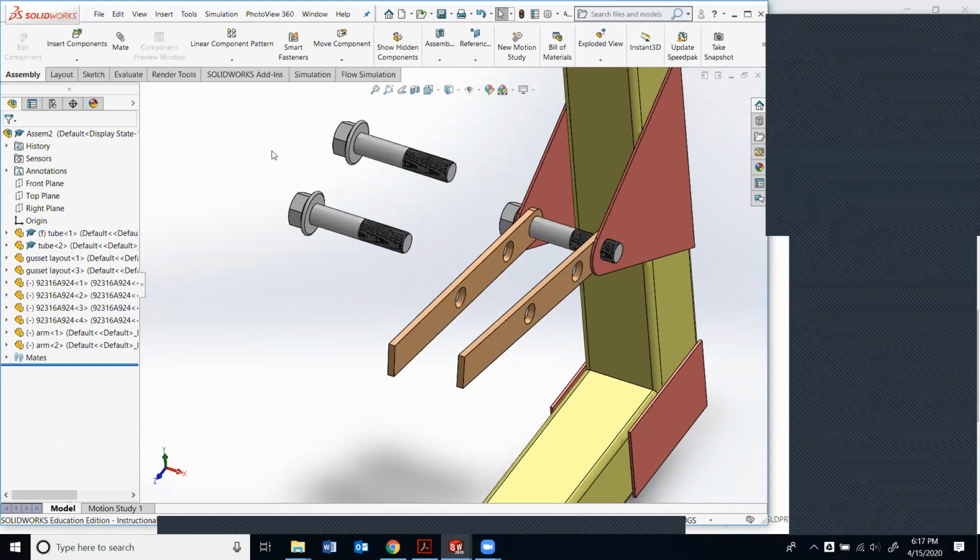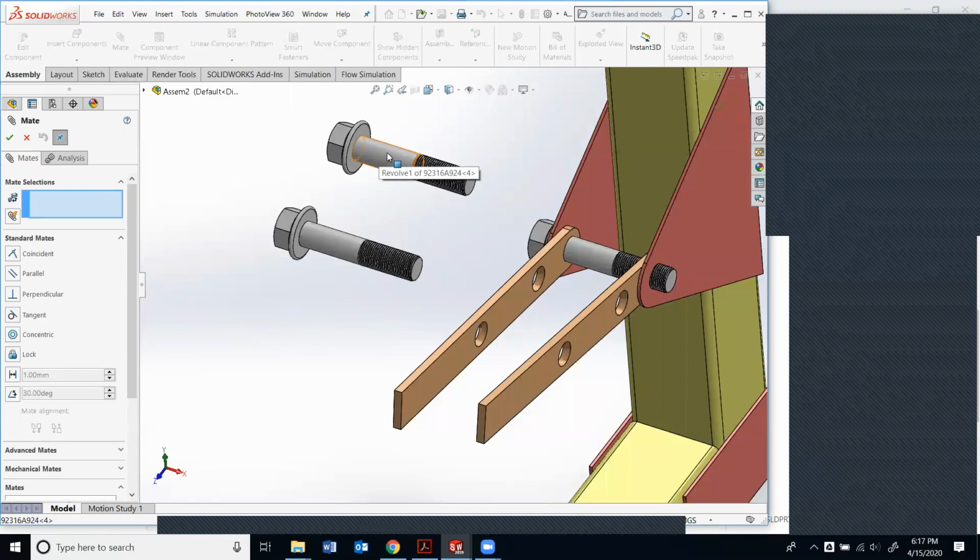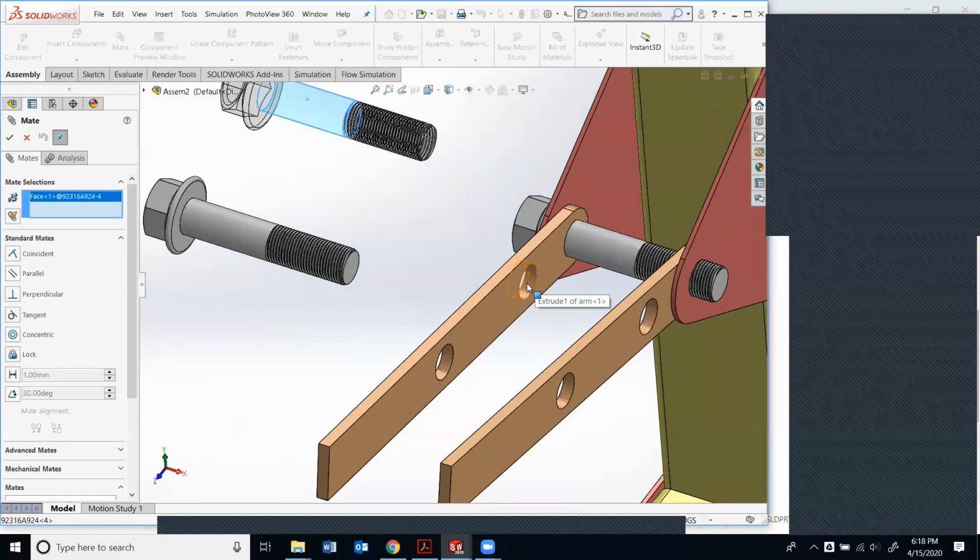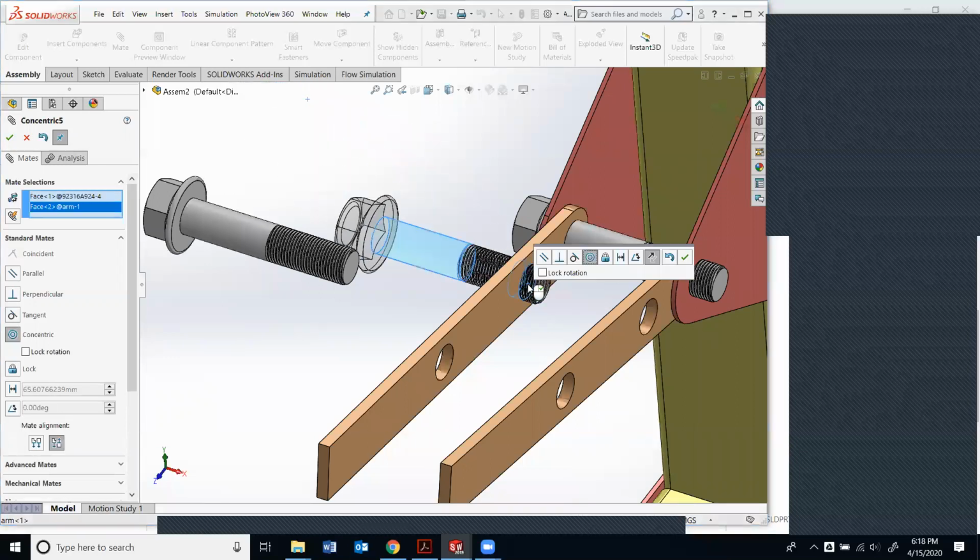So click off of everything, click on mate, click on one of the smooth cylinders of the bolt, click inside one of the holes. So that lines that up. You got to hit the check mark because you can only have 2 surfaces selected at a time. Hit check mark once